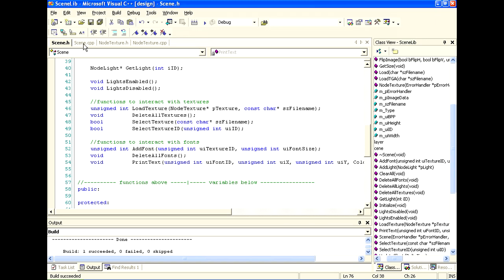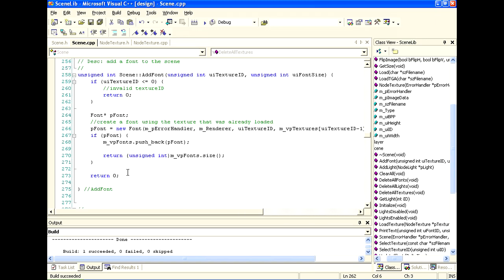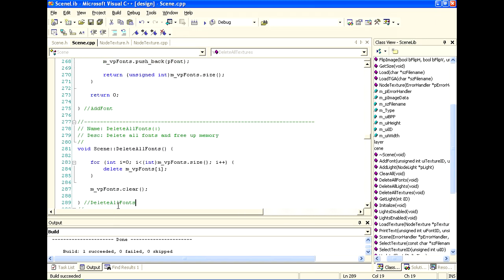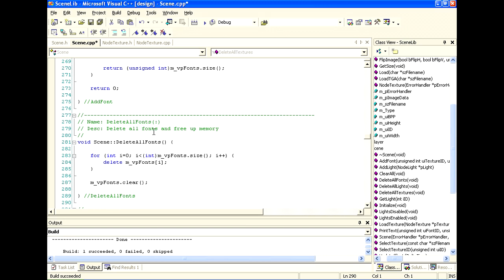So going back into scene.cpp, right underneath add fonts, I'm going to add the delete all fonts. What we do is we go inside our list that contains all of our fonts. So we start from 0 and we go to the full size. And for each one, we call the delete operation. So this will call the destructor of every single font class that we've saved. Lastly, we call clear on the vector here to make sure that we remove all the items that were